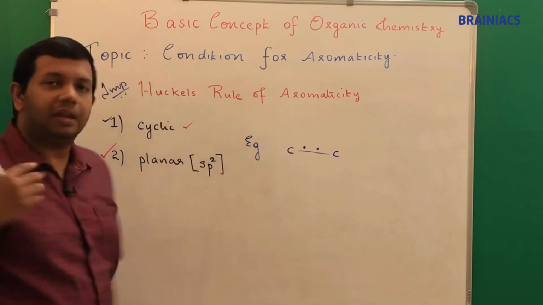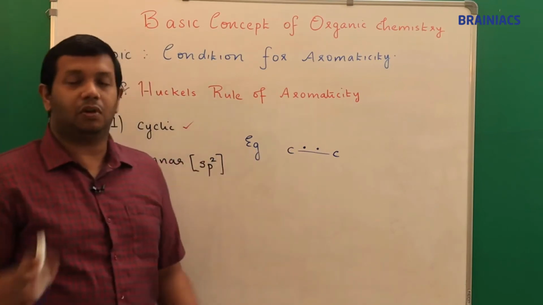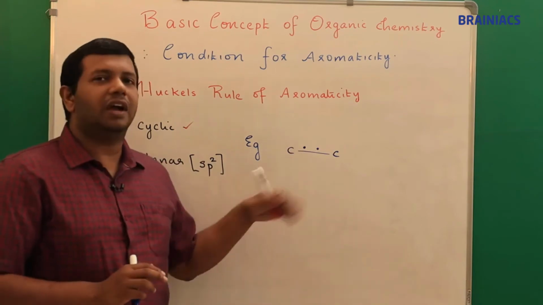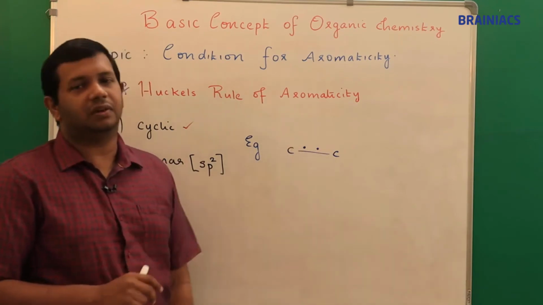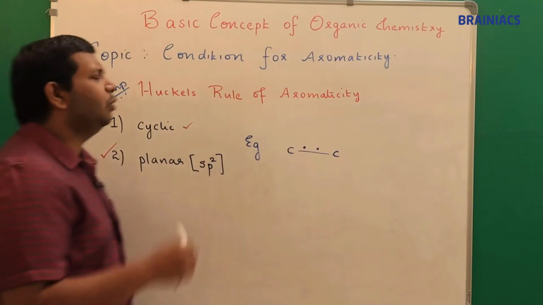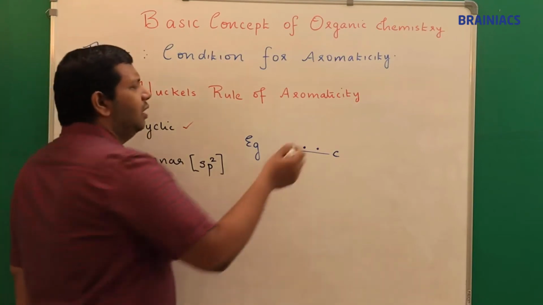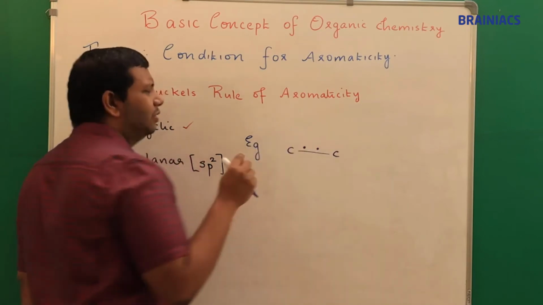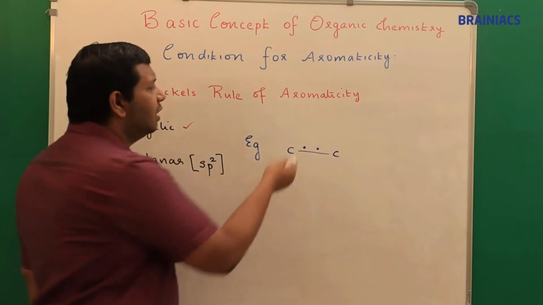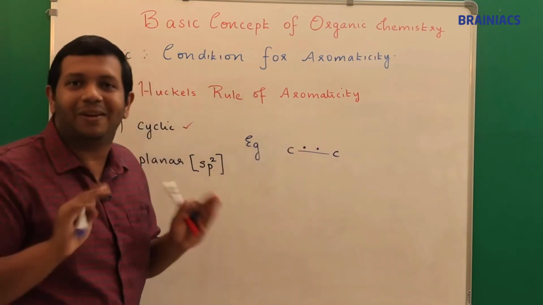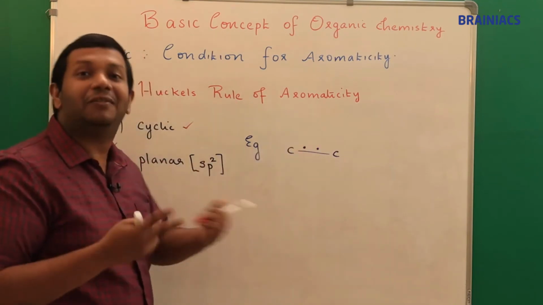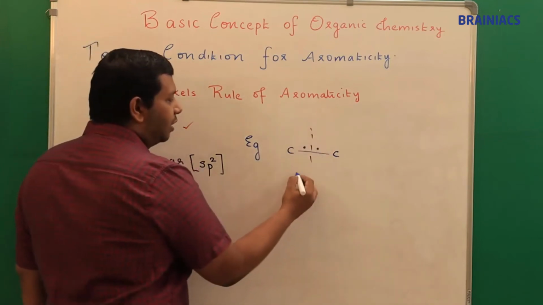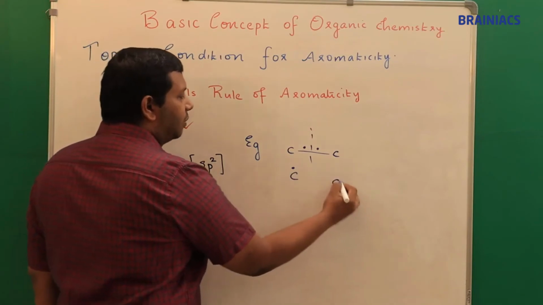Now this bond breaking, or the bond cleavage, can be of different types. I will come to that, but for explaining my concept I need this. You can think, sir, when the bond is broken, it is the electron of this carbon, it is the electron of this carbon. So when the bond is broken, they will get back their electrons. This is our normal thought process which favors equality. Correct? I can say when this bond is broken, this carbon will have 1 electron, this carbon will have 1